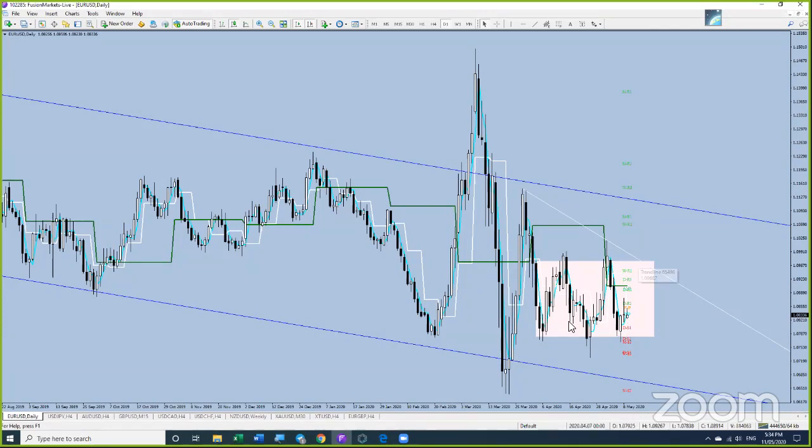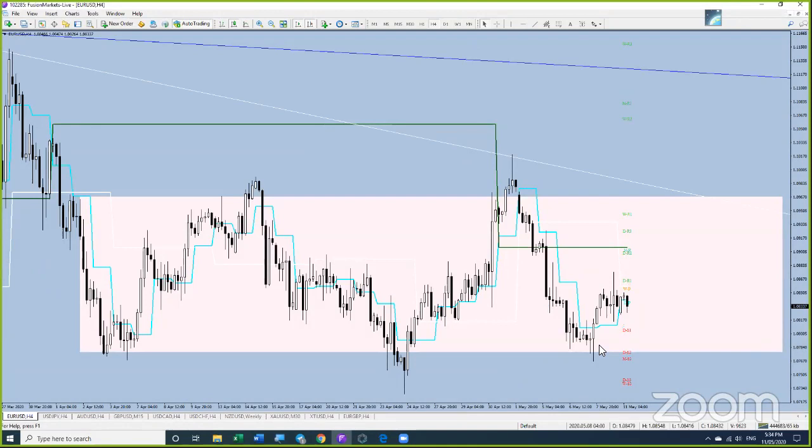Why? Because we've come off the bottom of the range, this range here, the rectangle. So we've had 3 tests of the high, we've had 3 tests of the low, and all I need to go long here right now is a higher low, and something that would entice me into the market, frankly. And that would be maybe a trade line. Any confluence area would be happy with that. We've got a trade line coming through here